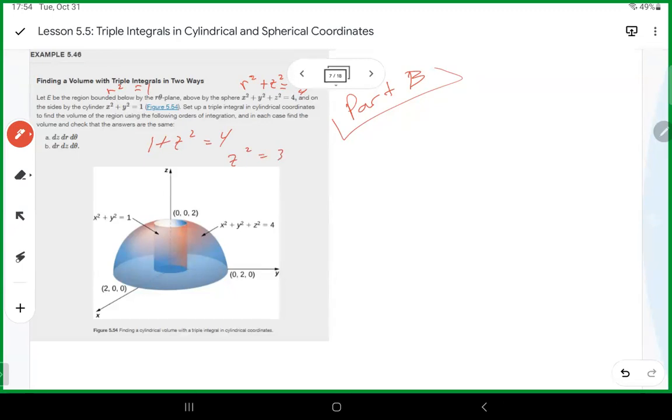So then we're going to have two regions since the sphere and cylinder intersect at the intersection point. You're going to have E sub 1